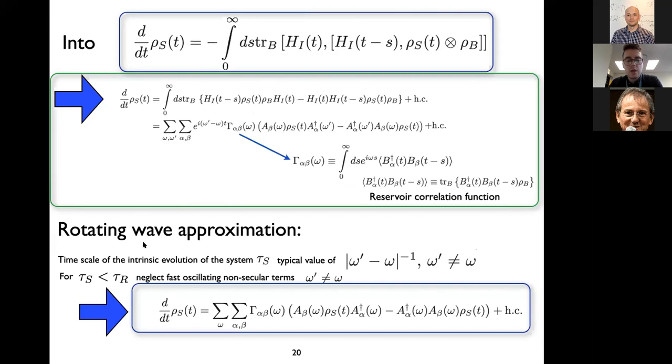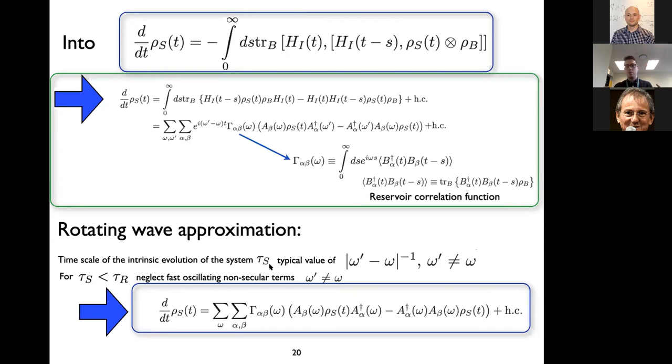So if we denote the time scale characterizing the intrinsic evolution of our open system by tau S, in other words, a parameter tau S which defines a time scale over which our open system evolves according to the